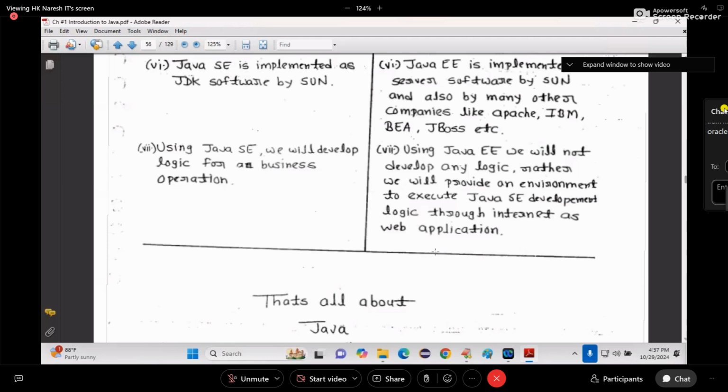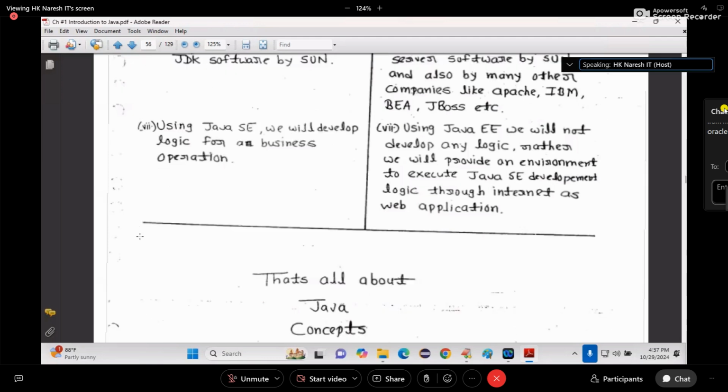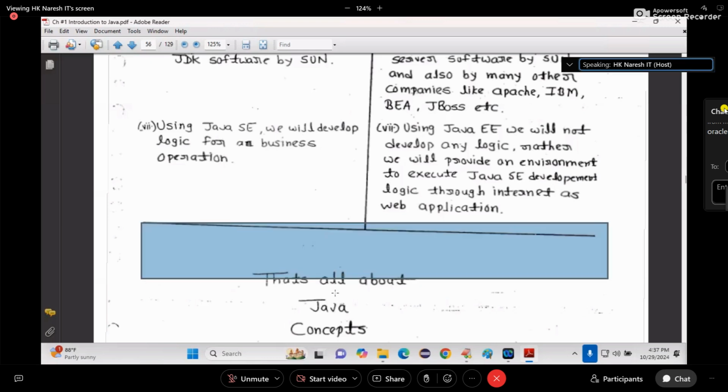Completed? Just write one last point here. Write down, I'll tell one point. Java SE means language. Write one point there. Java SE means language, comma, Java EE means